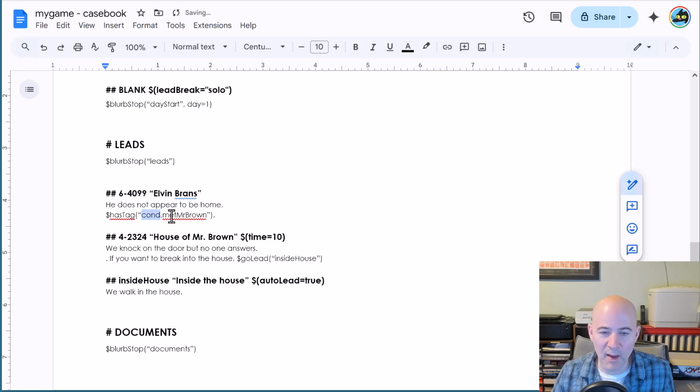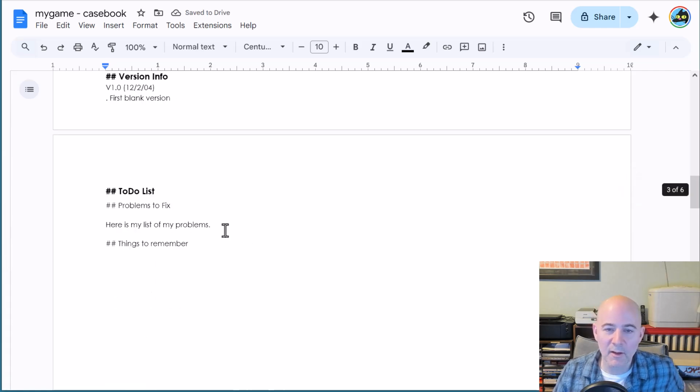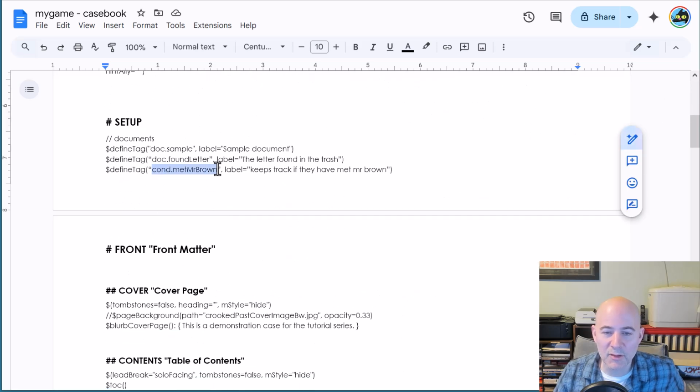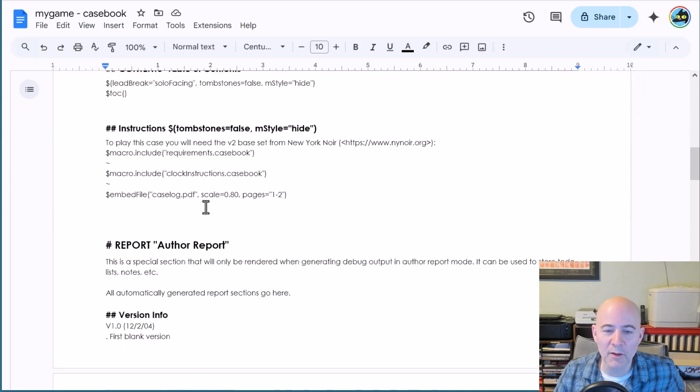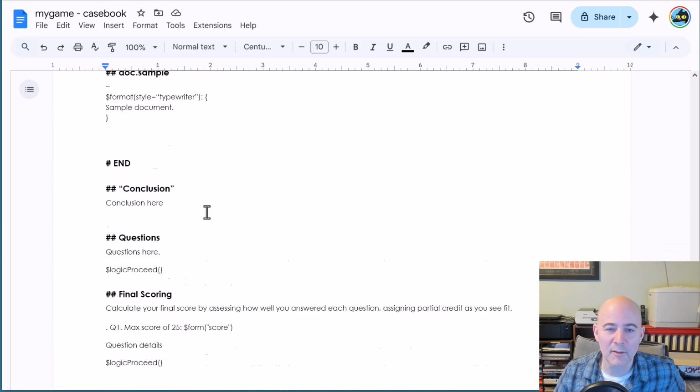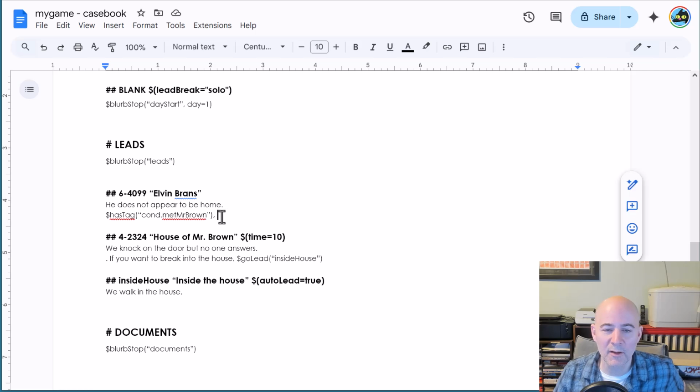So this tag here is a tag we added up here. Condition met Mr. Brown. So we're going to use that to track some condition. So I'm going to add to this lead here. If they have this tag,